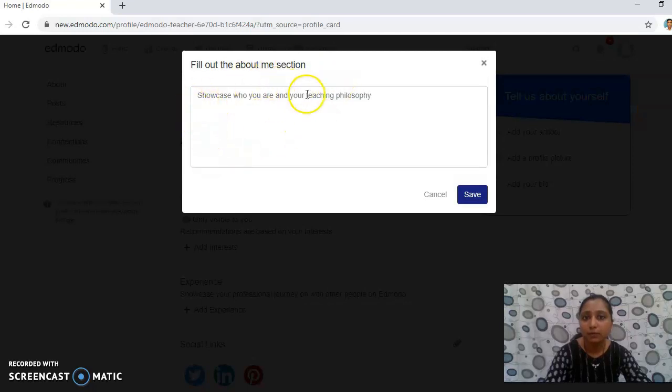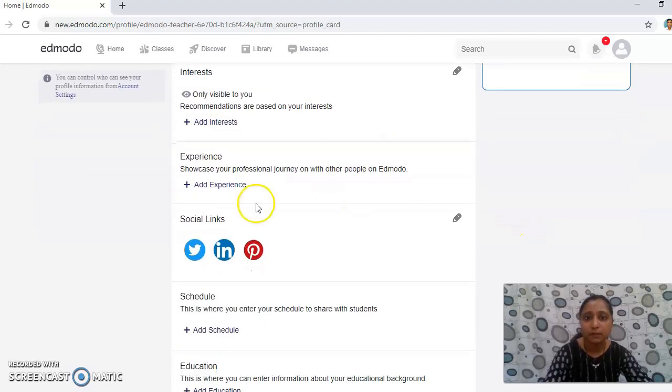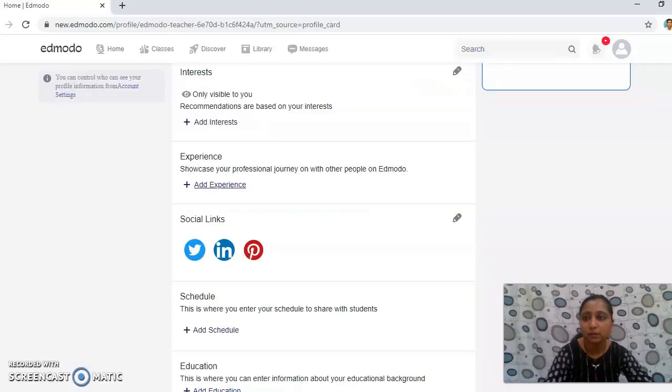By clicking over here, you can write whatever you want about yourself, your interests, your teaching philosophy, who you are, etc. Then you can add your experience. Just click on add experience, and here you have the box which you have to fill according to your experience. Just closing it.